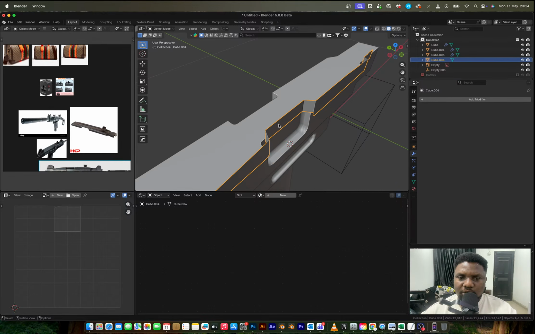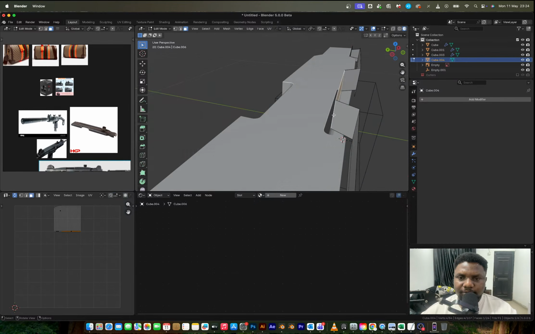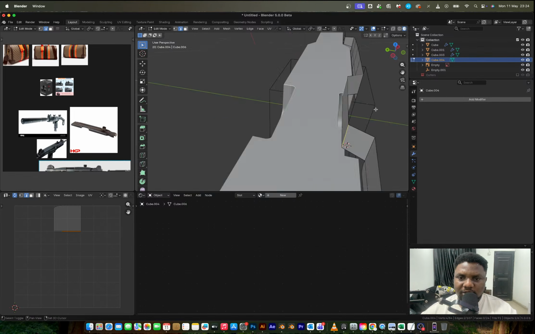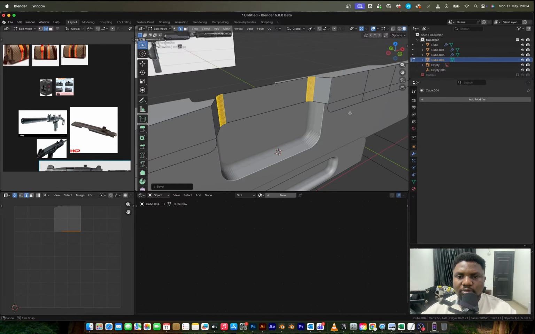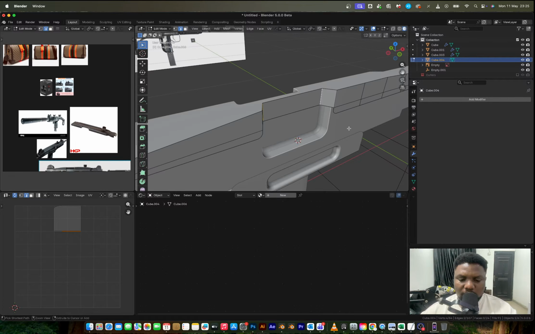Then this right here, I can GY, select this, and then I'm going to bevel. Right. So with that done,